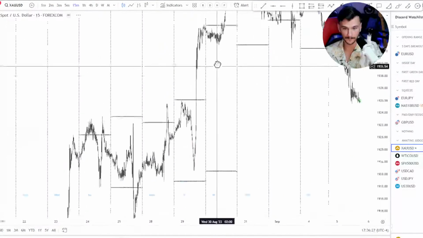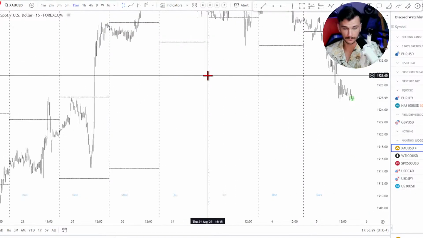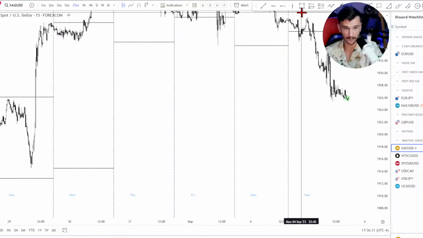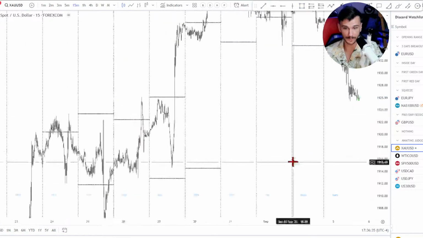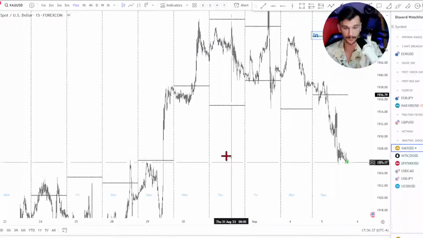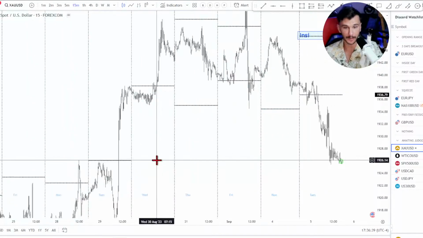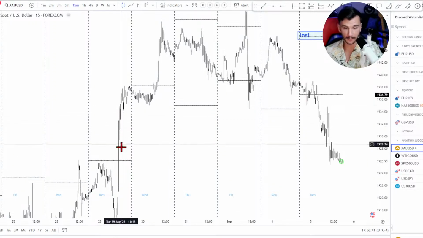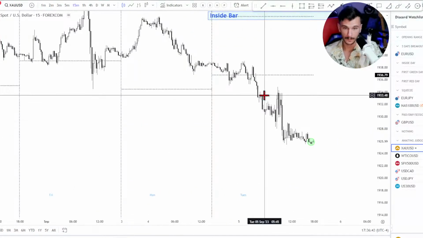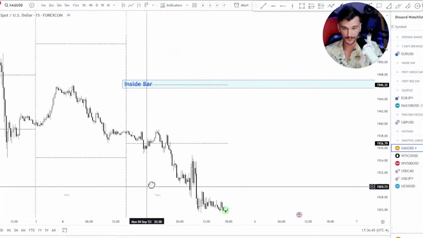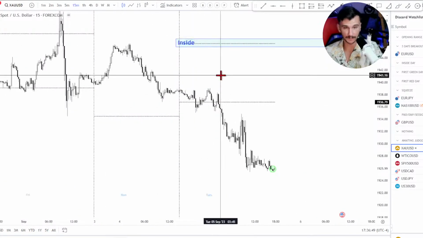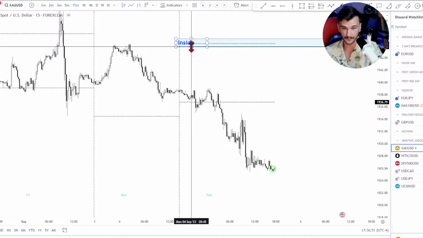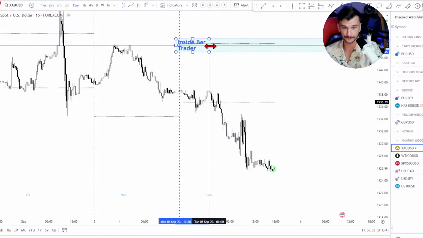So we have... let's see. This breakout level over here. Did they already hit it? Yeah, they did. They actually came down and tapped into it almost perfectly. So they've stopped out this breakout trader. Anybody who traded the breakout right here, they got them. So actual setups, what am I seeing? I've got 1 day of shorts in the market, 2 days of shorts in the market. That's really it. We've closed outside of the opening range.